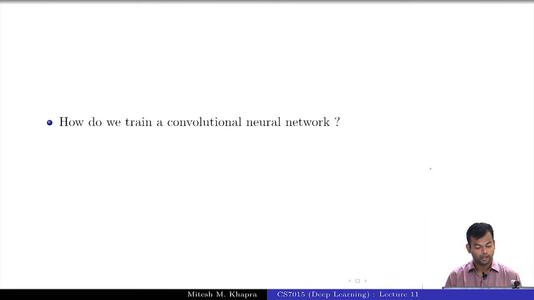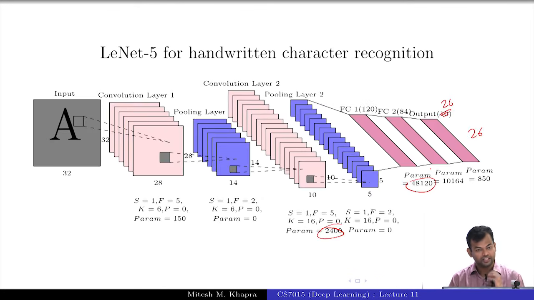Okay. So now when you see a convolutional neural network, you should be able to reason about the following things. At each layer, what is the size of the input volume? What is the size of the output volume? What are the number of filters being used? And what are the number of parameters in that layer, right? If you can reason these things, then you have really understood what has actually happened. And unless you can reason these things, I don't see how you can efficiently code it up, right? So you should be able to know that this is the size of the input, this is the size of the output, and so on. And I guess all of us are comfortable with that.